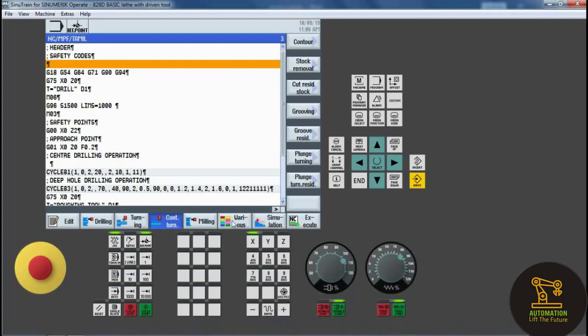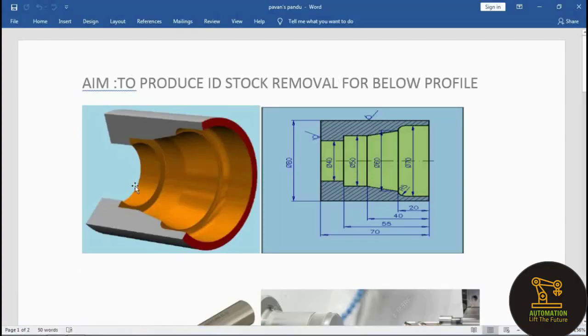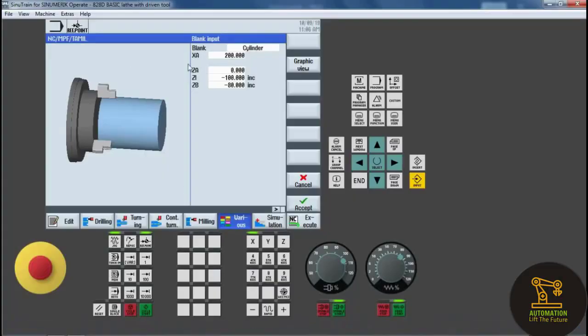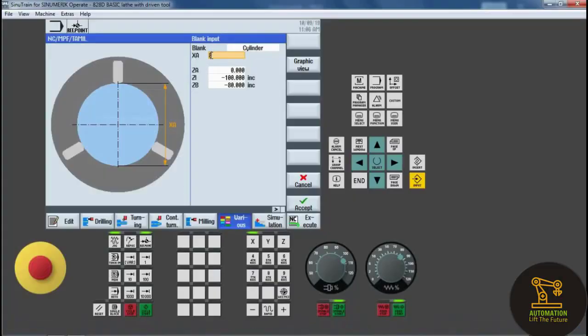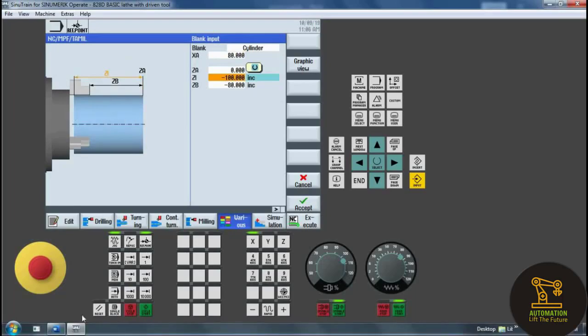So click various to create the blank and click on the blank, and here there are so many types of materials. For the ID stock removal cycle, we want cylinder, so mention cylinder, and next one is the diameter, and XA is the diameter of the cylinder.